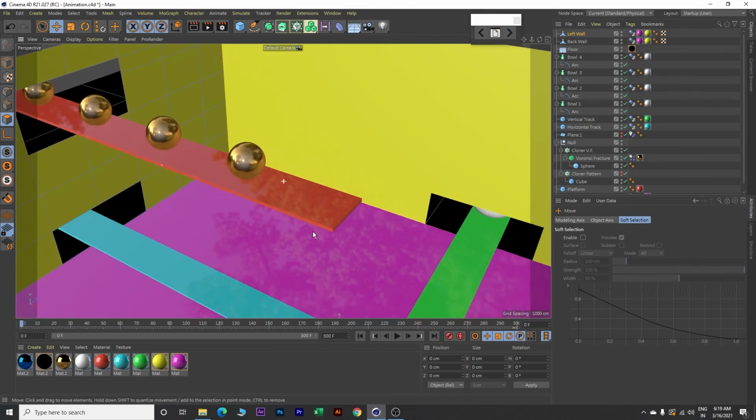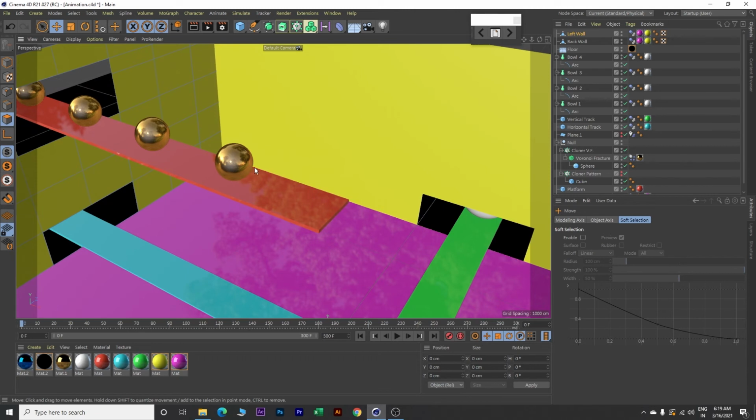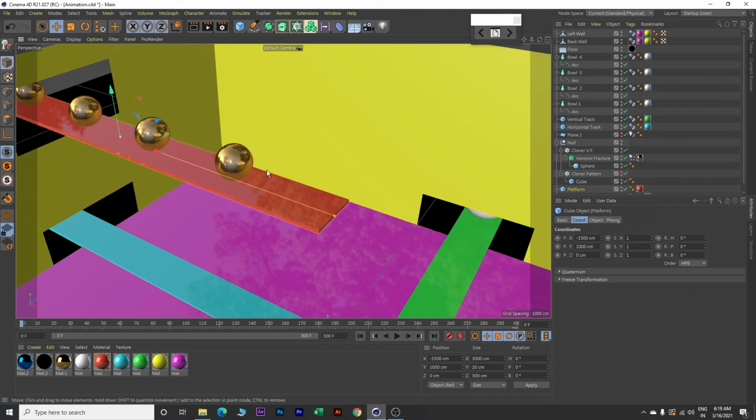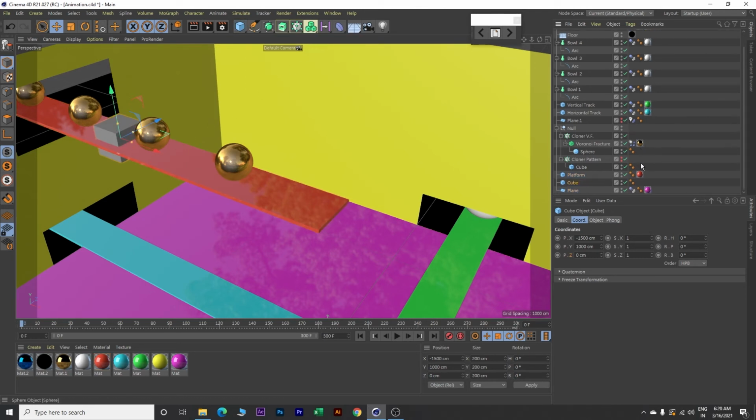Now we will make some blades over here so that it gives an impact of cutting this sphere. So before inserting a cube, click on this model and click on this platform. Now click on Control key on your keyboard and while holding the Control key, insert a new cube. So this will bring this cube right over here. Okay, now go over here and select on this cube and rename it to inner cube.